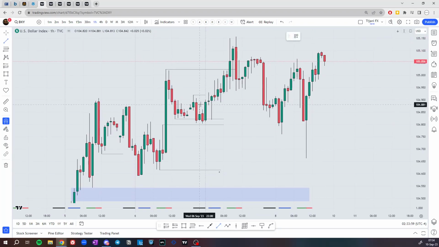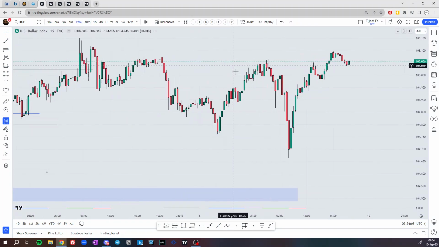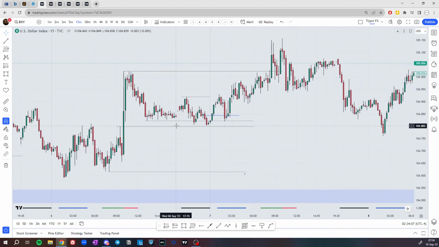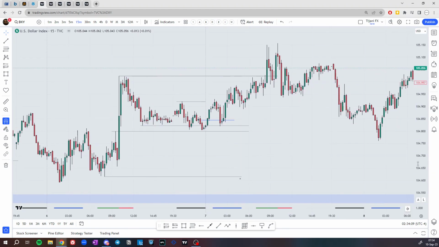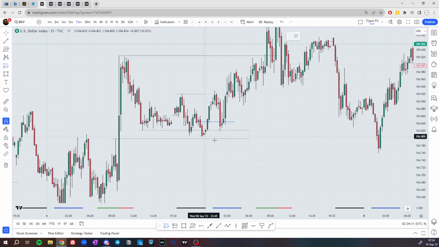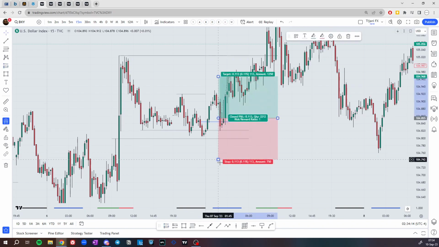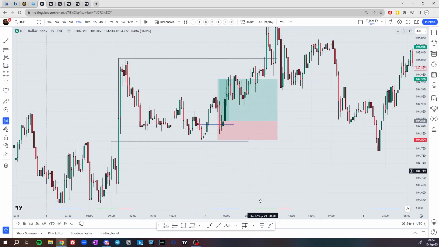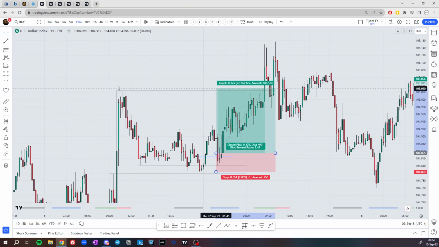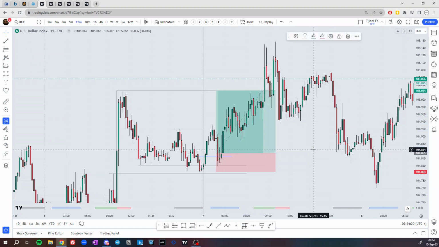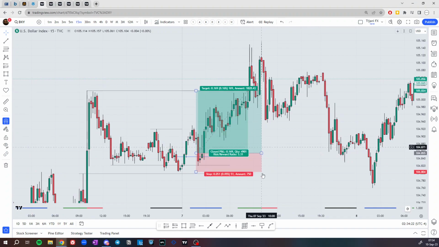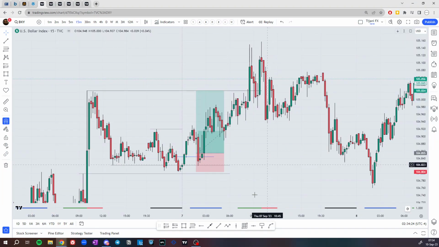As you see, price has retraced to the 1 hour order block. So I look for an entry at this fair value gap here, stop loss below this low and target this high here. Price continues higher, and then I look for another entry